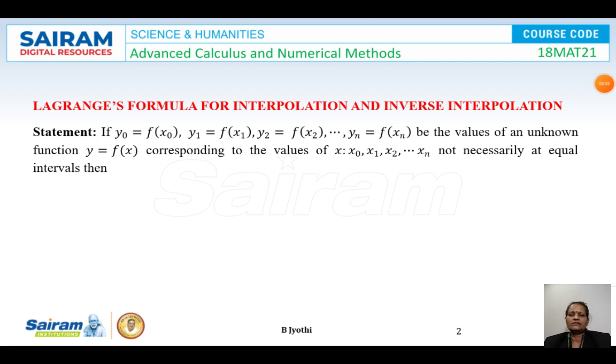The Lagrange's formula for interpolation and inverse interpolation. The statement says that if y0 is equal to f of x0, y1 is equal to f of x1, y2 is f of x2, etc., yn is f of xn, be the values of an unknown function y equals f of x corresponding to the values of x, that is x0, x1, etc., xn, not necessarily at equal intervals, then the formula is given by